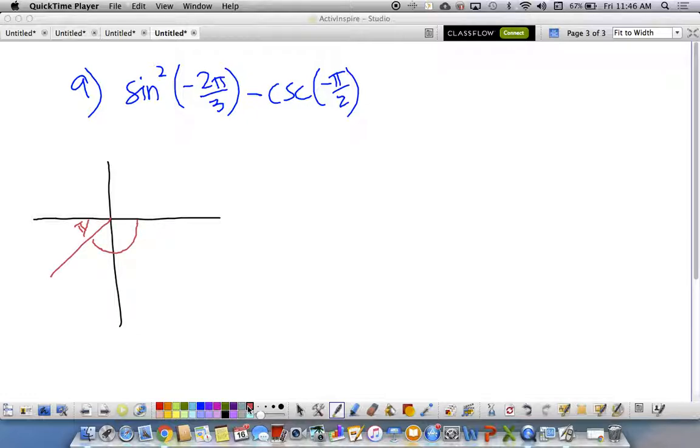It should be pi over 3 left, which is a 60 degree reference angle. So what is sine of 60 degrees? We had our triangle up there just a second ago. When we square that,